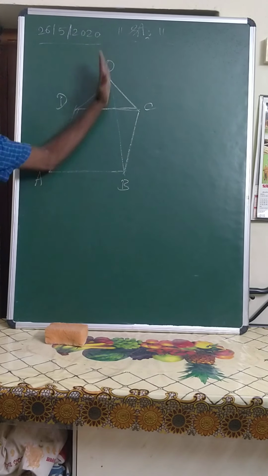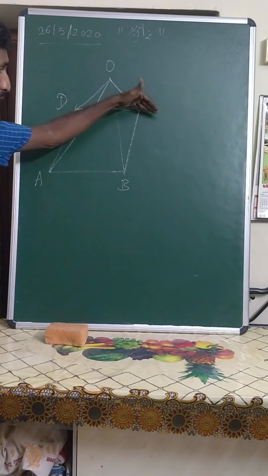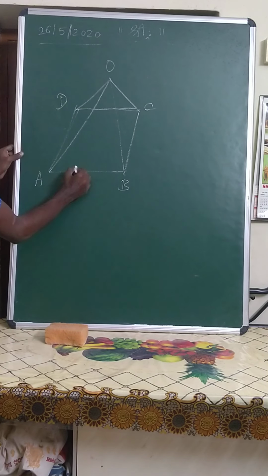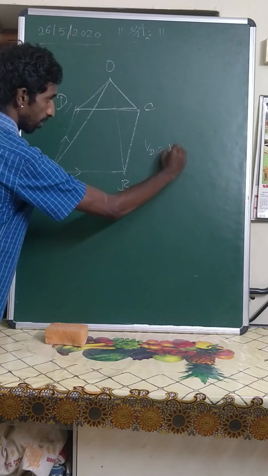Similarly, A to B, B to O. Similarly, on this side we also have the symmetry: A to D, D to O, D to C, C to O, or A to D, D to O. So here the current will be equally divided in these 2 sides. So points D and B will have the same potential. VD is equal to VB.